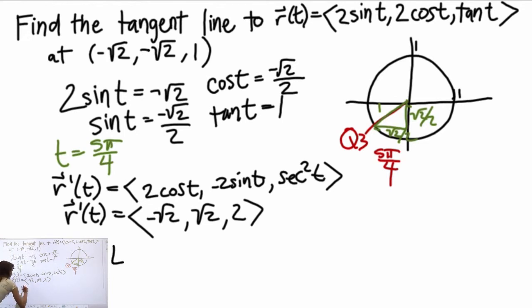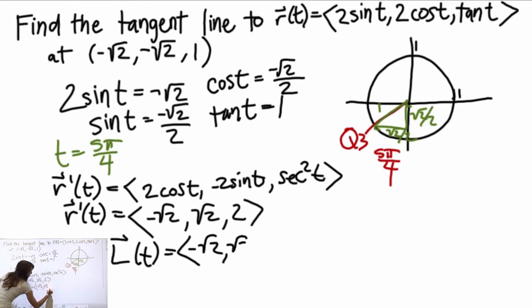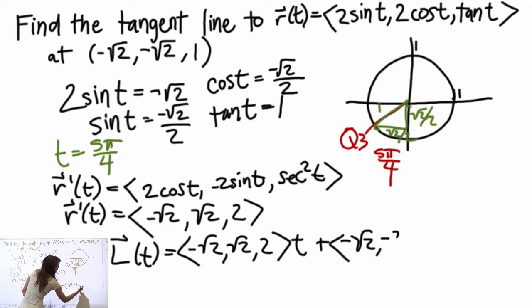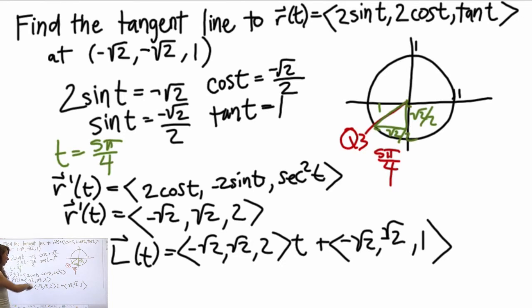So L of t is equal to this vector times t plus our point in vector form: negative root 2, negative root 2, and 1. And that's it. You can also multiply this out to have it in vector form, where you just have one vector. So for example, the first one is negative root 2 t